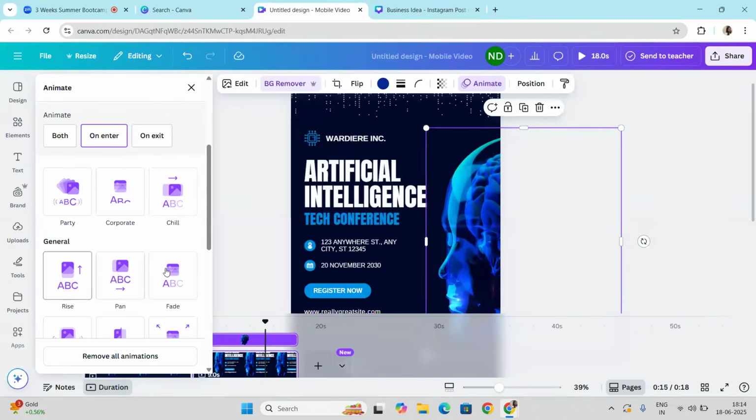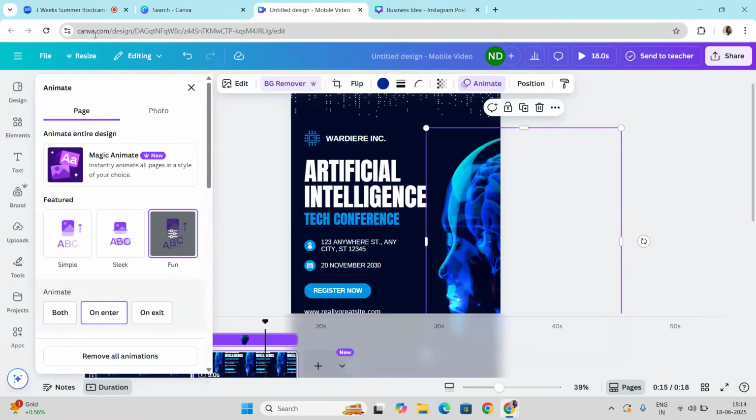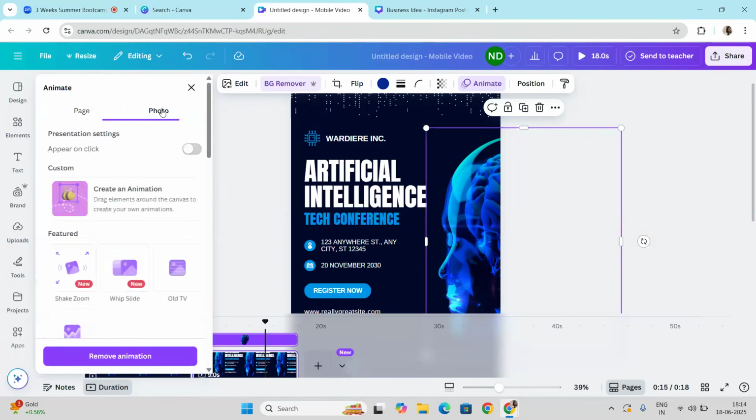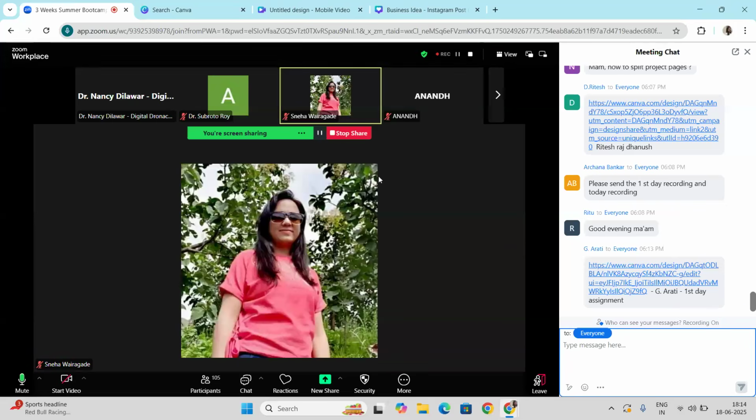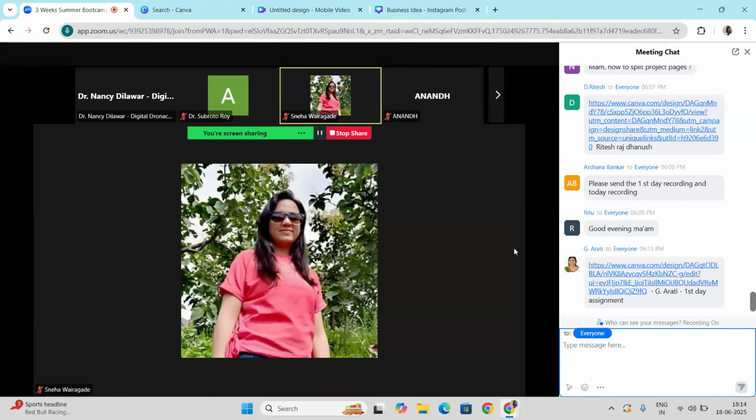So you can apply this on the whole page by a single click, and it will apply in the same way to all the elements placed on that poster. But if you want each and every element to be animated in a different way, you have to click on it and add different animations for different elements. I guess it's clear to everyone how you can add each element's animation.